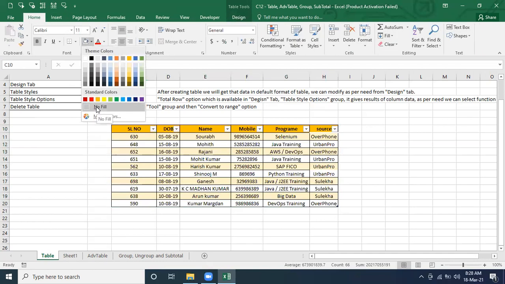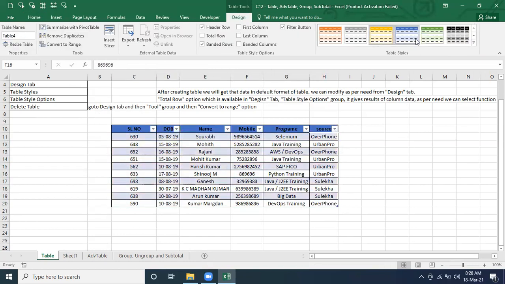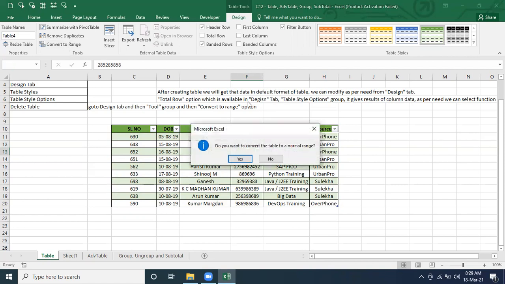We have to make it no fill. Okay, got it? Because we were playing around with the colors and banded rows. When we are going to convert it into a different table, we first make it a normal range.